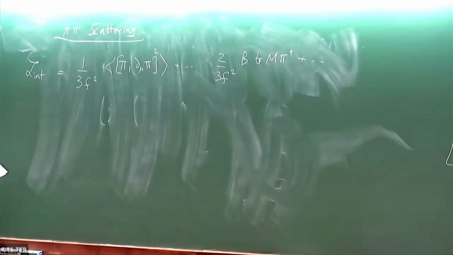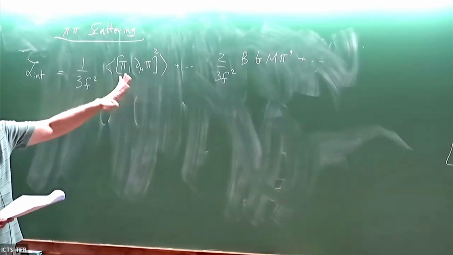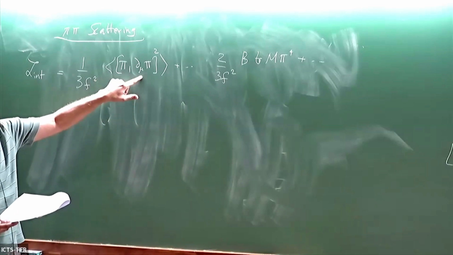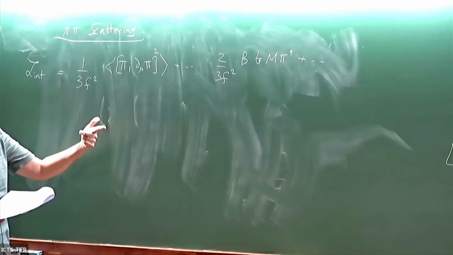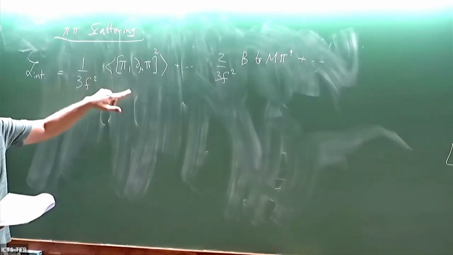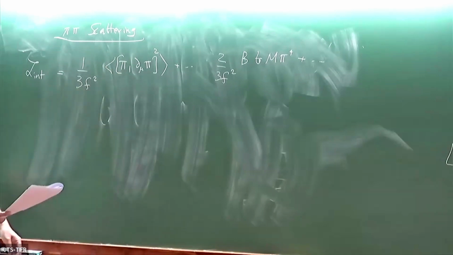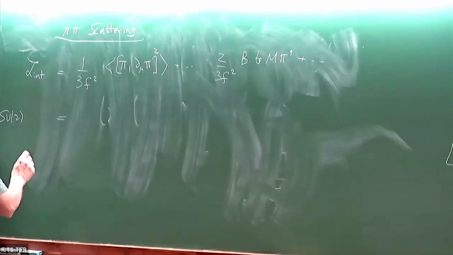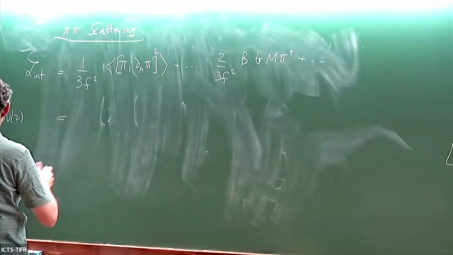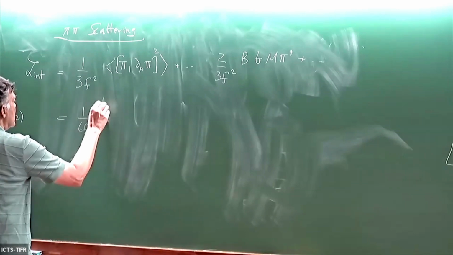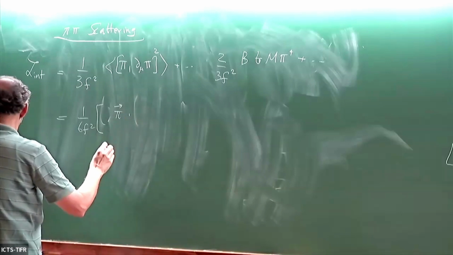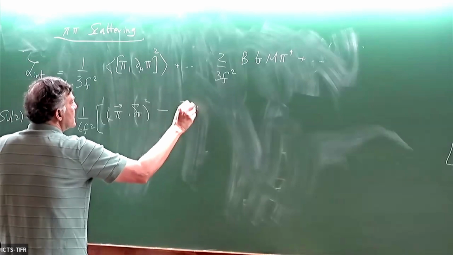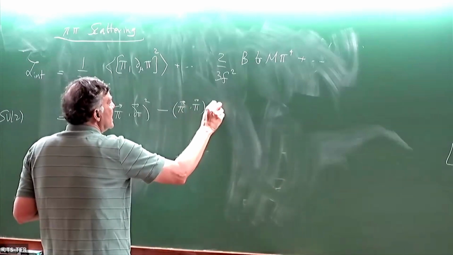And if I do this for SU(2), just to avoid complications, then the commutator of two of these factors gives you the commutator of two generators, which is epsilon ABC, and then epsilon times epsilon can be written as deltas. And so for SU(2), this is 1 over 6f squared [pi dot d pi squared minus pi dot pi d pi dot d pi]